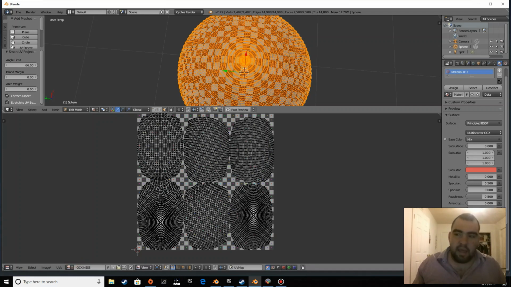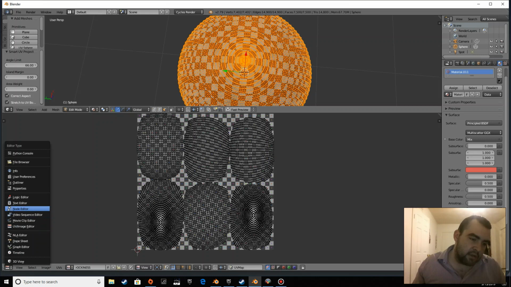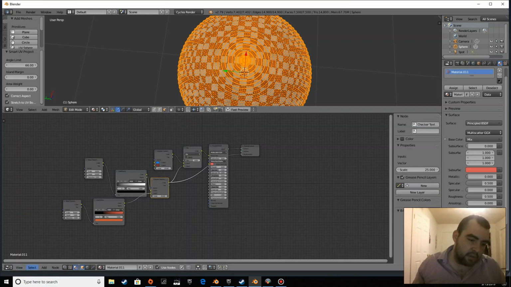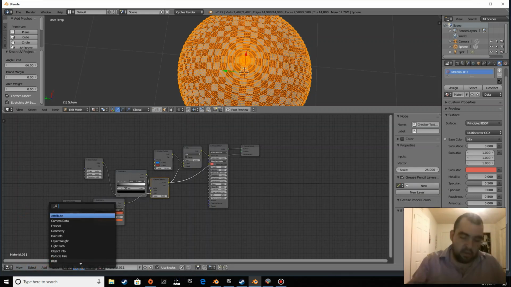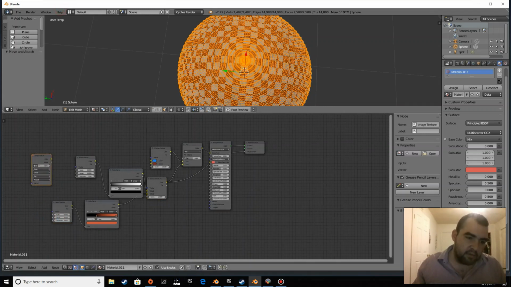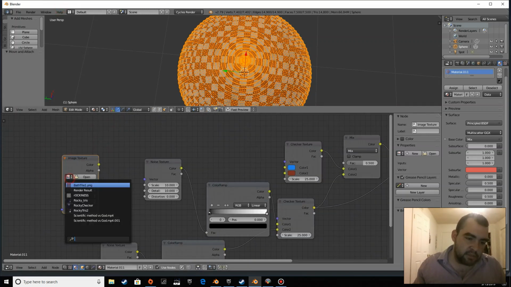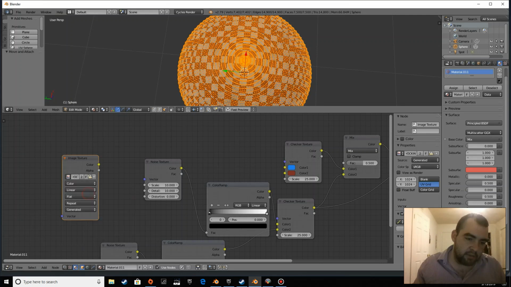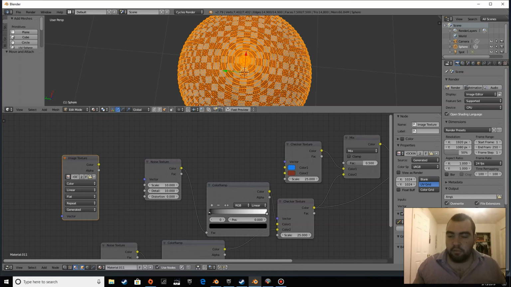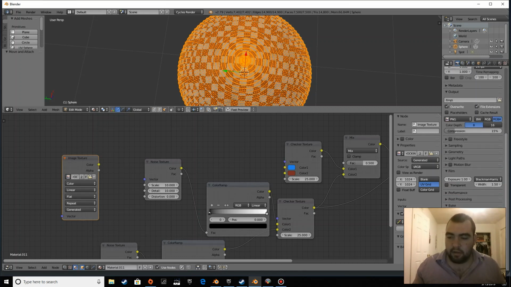Okay. And now I'm going to go back to my node editor, and I'm going to go into add, search, image texture. And what I'm going to do here is I'm just simply going to open my rockiness, which then the option to bake should be in the render folder all the way down, and it should say bake. Before the image